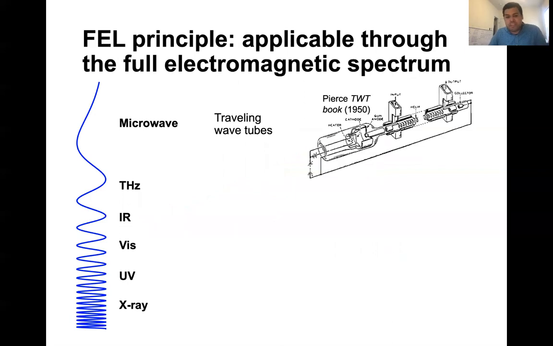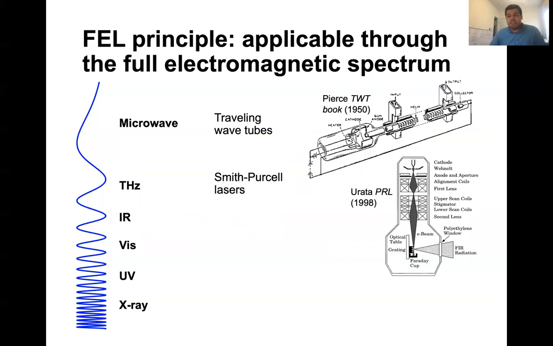And so this, of course, has a very long history. There are microwave free electron lasers, called things like traveling wave tubes and klystrons, and that dates back to work in the 40s, and these are still successfully used in radar and satellites. At the terahertz, there was some very interesting work 20 years ago, which serves as the inspiration for our work now, where a group from Dartmouth was able to get lasing into the infrared from electrons passing over a metallic